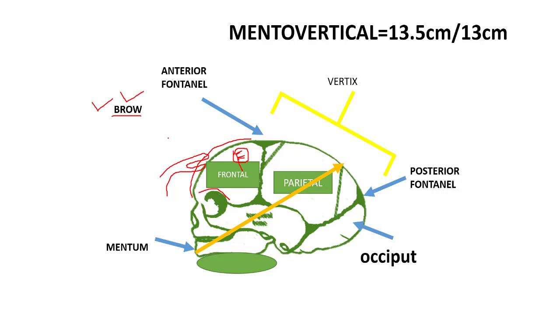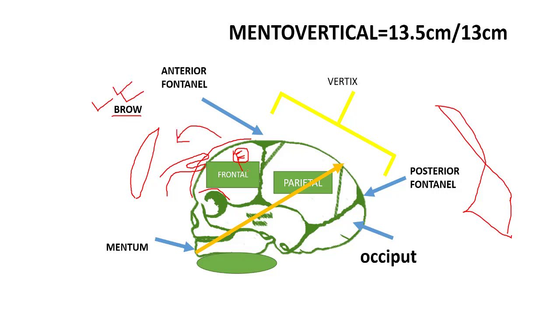Meaning, this frontal bone is present towards the pubis or is present towards the sacrum. If it is present towards the sacrum, we will say fronto-posterior. If the frontal bone is present towards the pubis or the anterior side of the pelvis, we will say that in brow presentation, the position of the fetus is fronto-anterior. So this denominator is used to tell the position of the fetal presenting part.